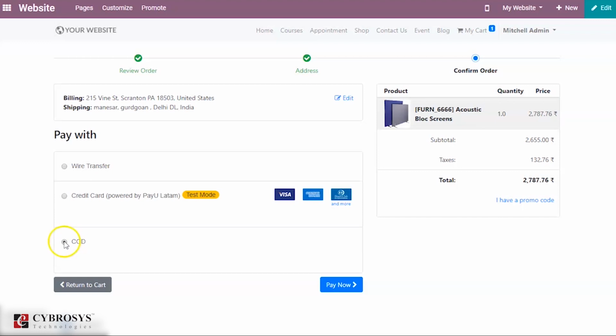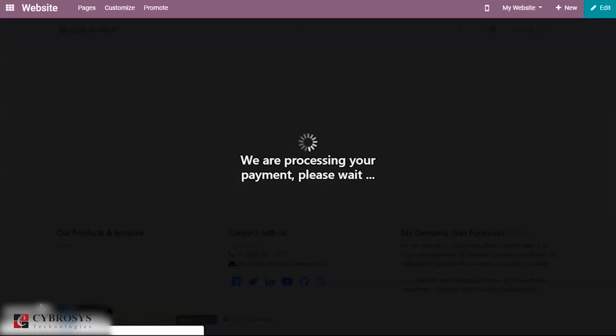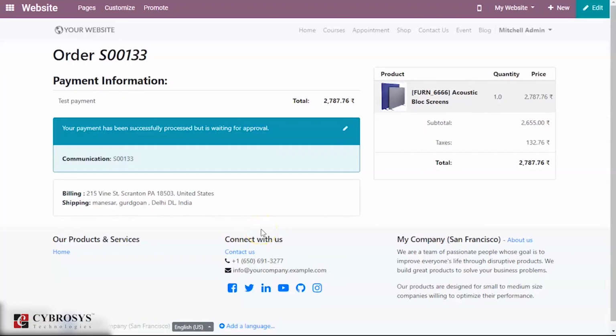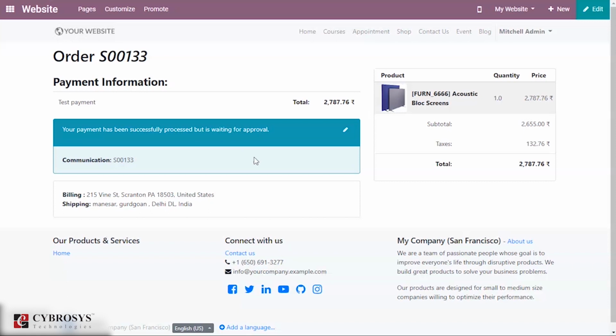We can choose this and then click on pay now. When you click on this, the further procedures are done. Then it will lead to the next page, saying your payment has been successfully processed, but it is waiting for approval. So this is how the payment acquirers work in our website e-commerce.